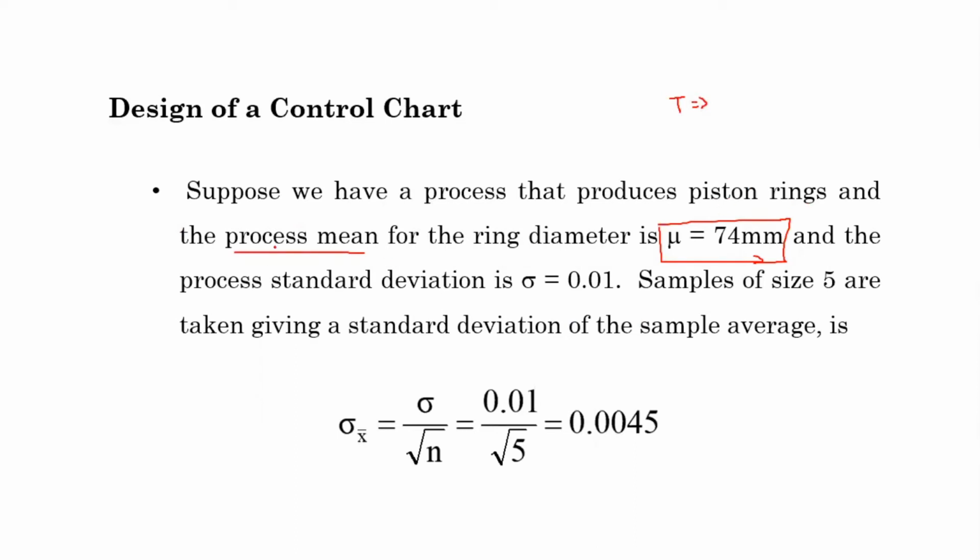Then we take the average value of the diameter of the rings, and this average value is 74 millimeter. And the process standard deviation, again from the process output, you'd be collecting the standard deviation. So remember you need to go back and revise your standard deviation calculation. You'd identify the mean